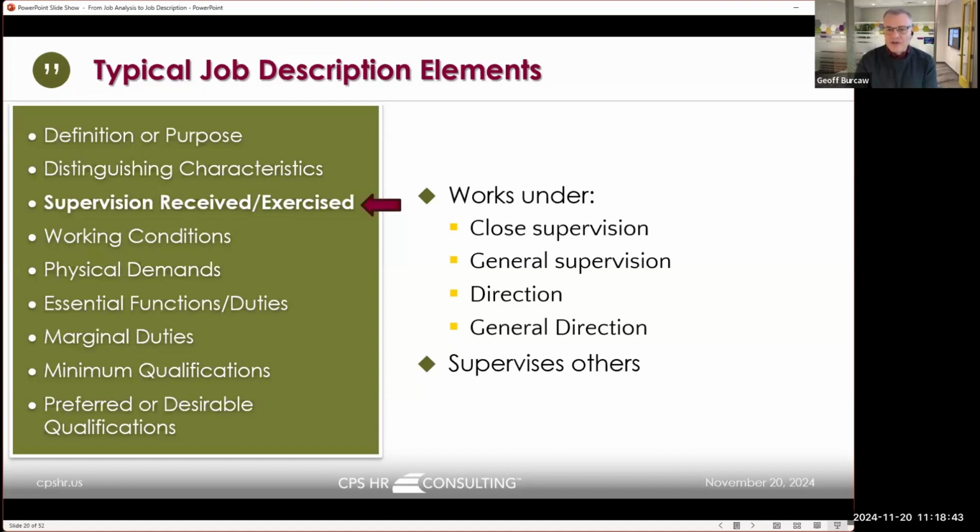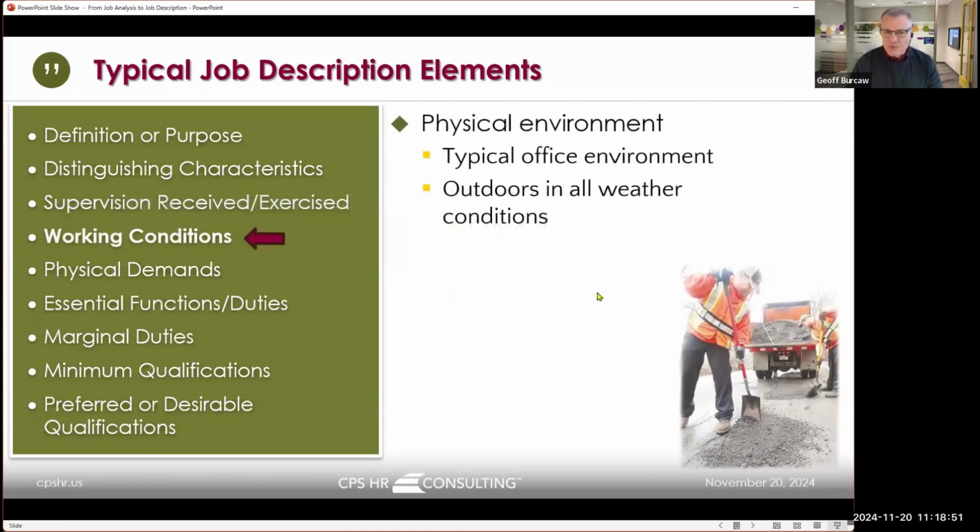So you'll probably have some kind of definitions like this. And these are fairly common definitions, so nothing too technical about that. But when we start getting into working conditions and physical demands, this is where you're really going to need some job analysis information. So working conditions, if you've got that in your job descriptions, this is a description of the physical